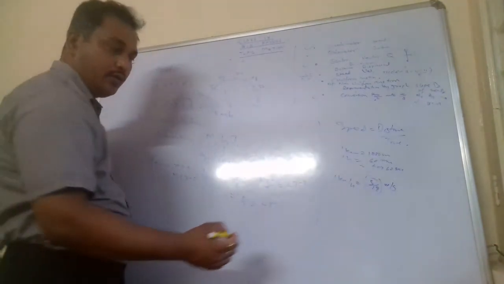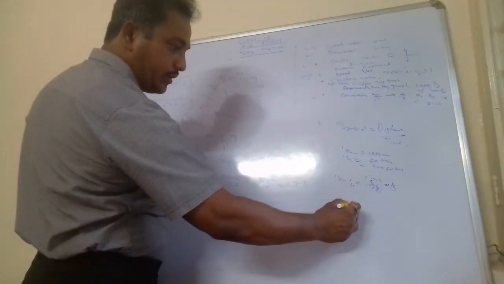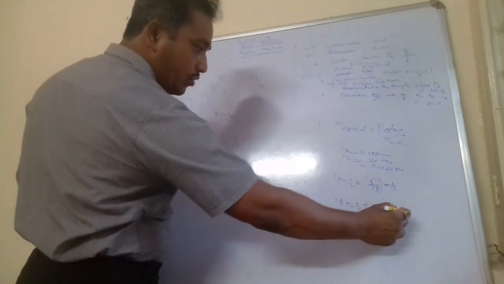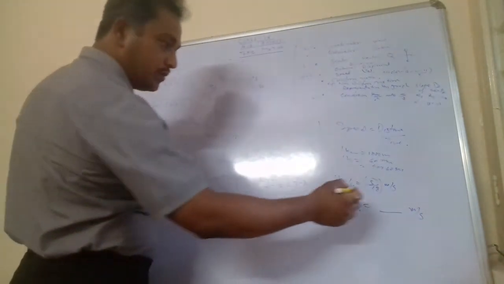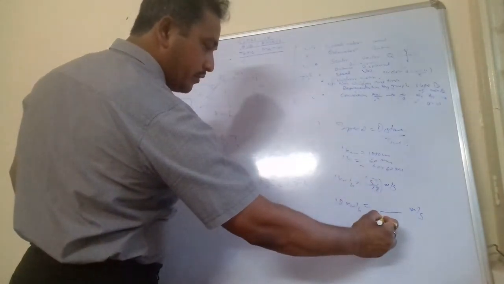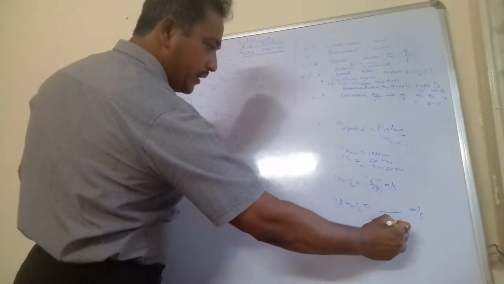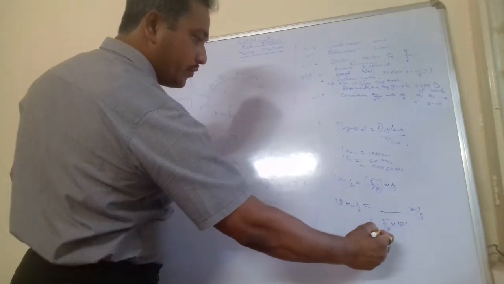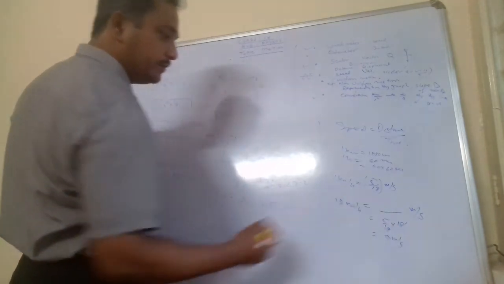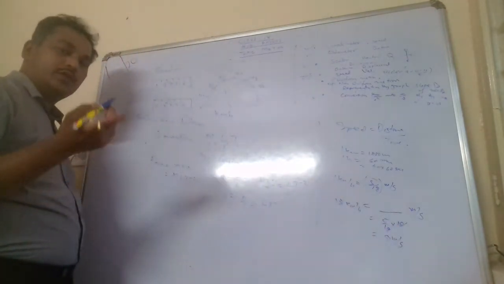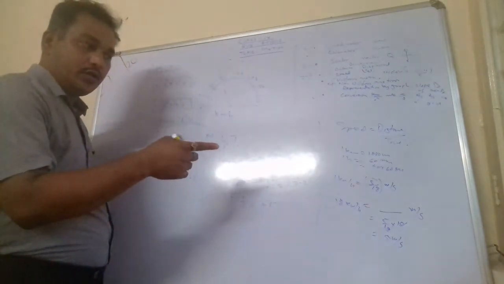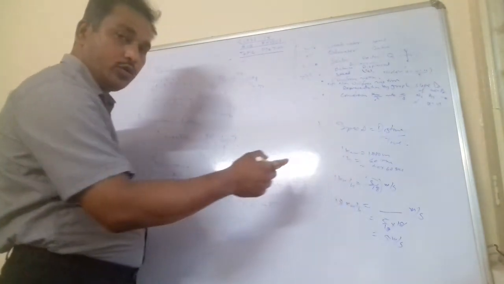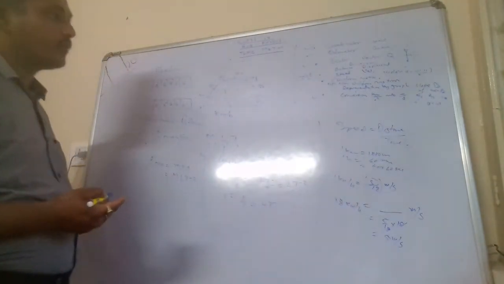So whenever you have to convert kilometer per hour into meter per second, you will multiply by this factor 5 by 18. For example, 18 kilometer per hour will be equal to how much meter per second? We will just multiply by 5 by 18. So you will get 5 by 18 multiplied by 18, which will be equal to 5 meter per second. Like that you can easily convert from kilometer per hour into meter per second, or vice versa, you can multiply by the reciprocal of this, that is 18 by 5. Okay.